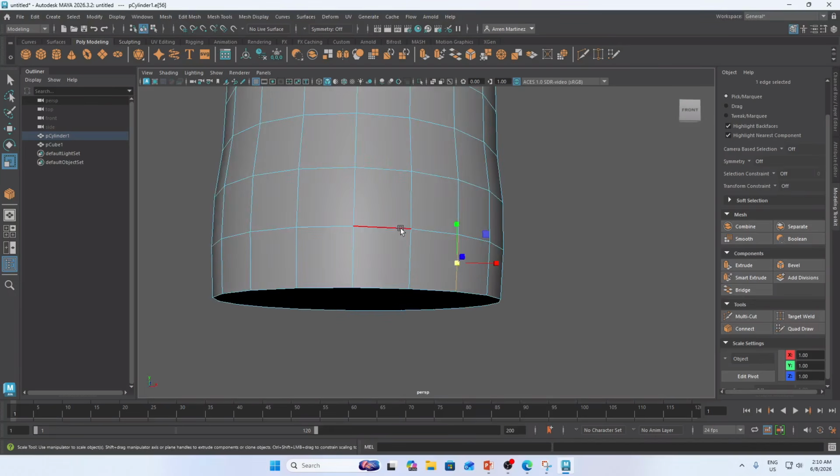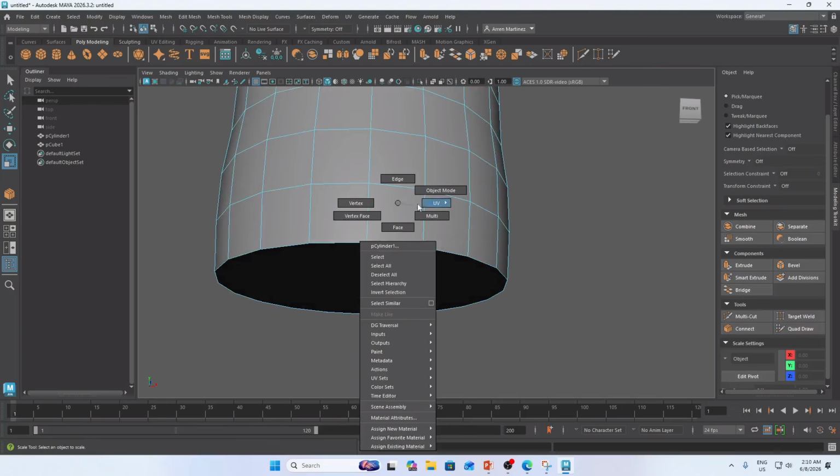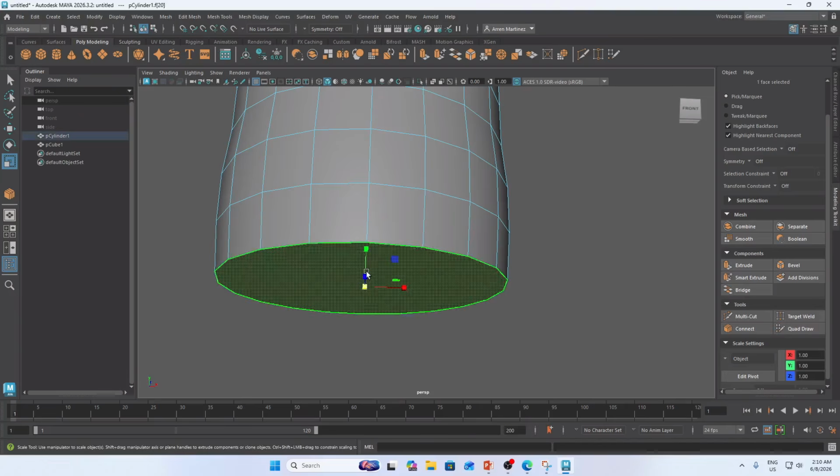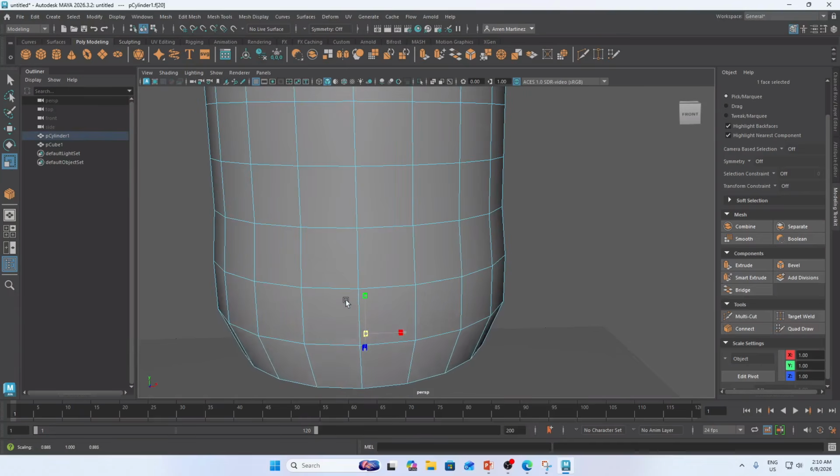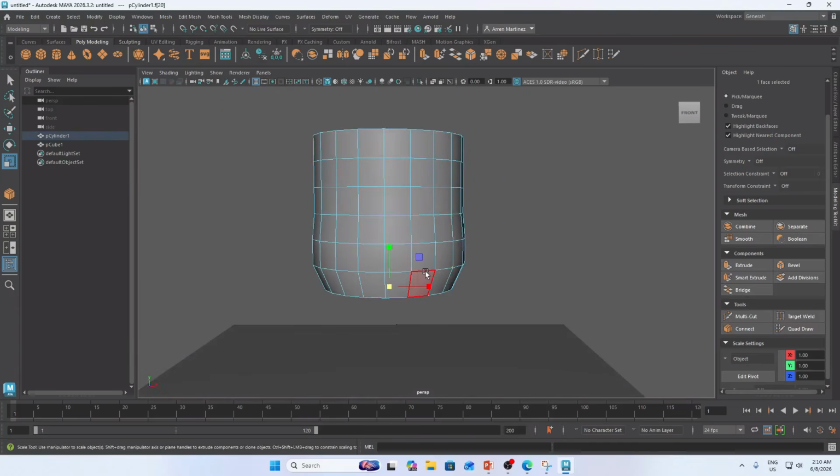Unlike if we click these one by one, which consumes time. So for example, here in face mode, I want this to shrink. It's like this. And once again, it depends on you what the shape of your coffee mug will be.